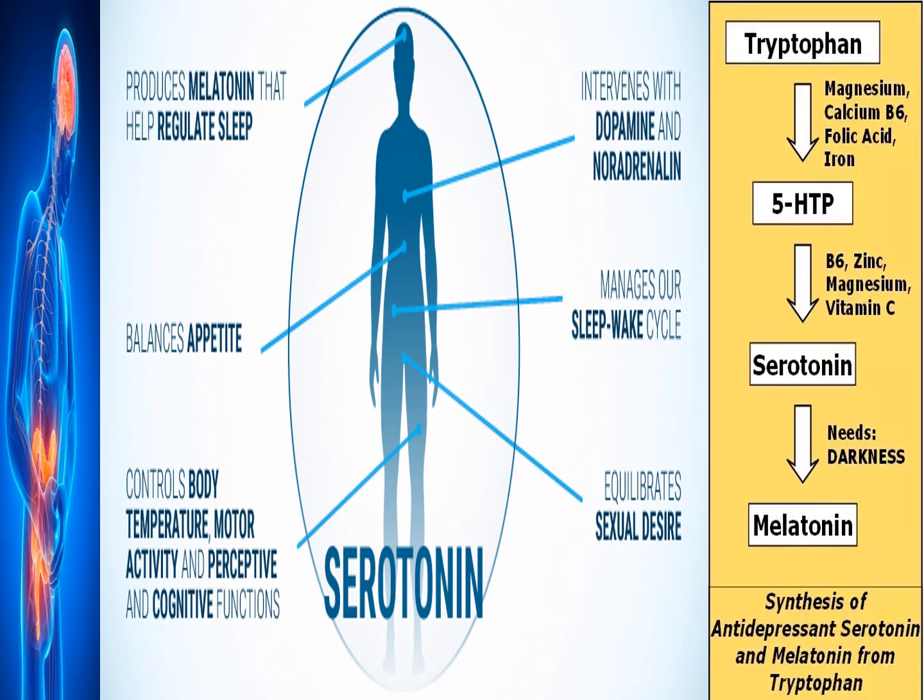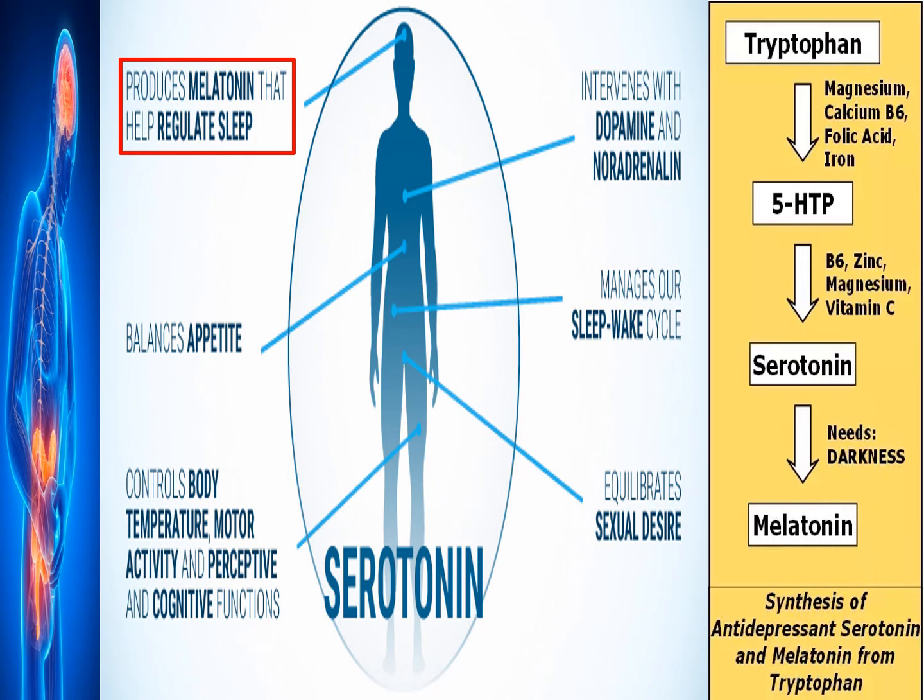As we know, this serotonin produces melatonin that helps to regulate the sleep. Actually, what happens? This tryptophan in the presence of magnesium, calcium, vitamin B6, folic acid and iron gets transformed into